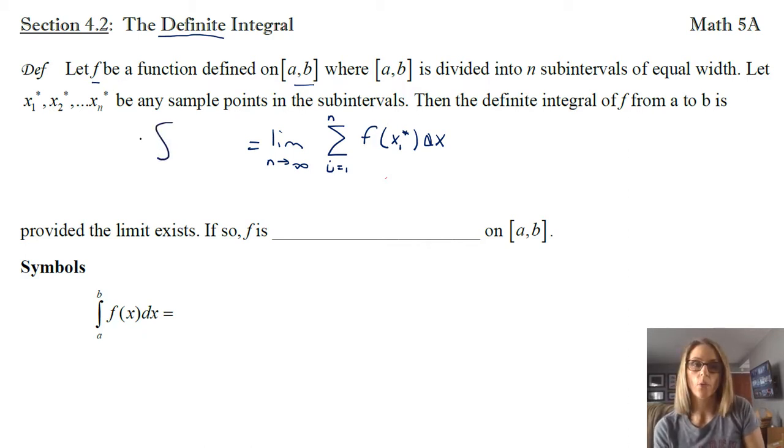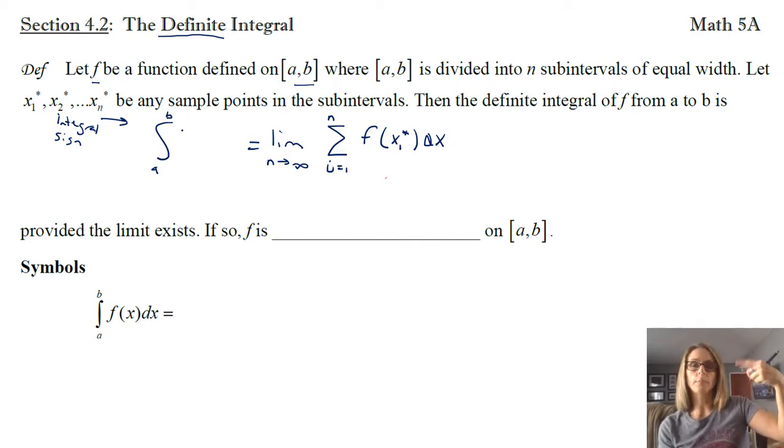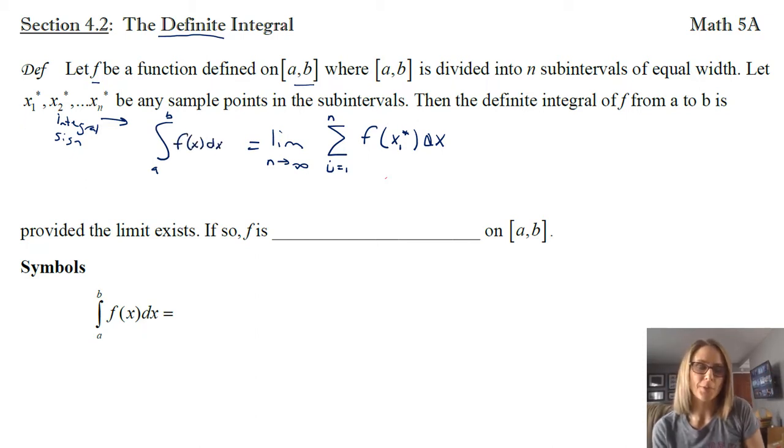So we have this, which is called the integral sign. Literally, that's what it's called. And the bottom and the top are your limits, what we call limits of integration, from a to b. And then we put our function inside. And then we use that differential that we used way back, dx. So if you were to take the limit of an infinite number of rectangles under a curve, that is the same as what you see on the left-hand side, the integral of the function from a to b.